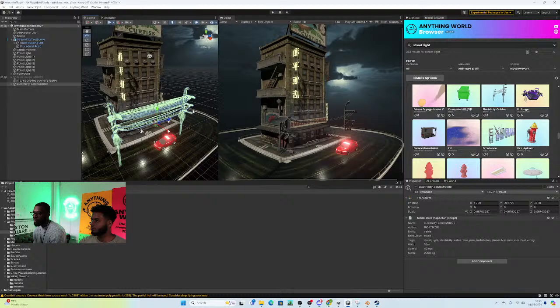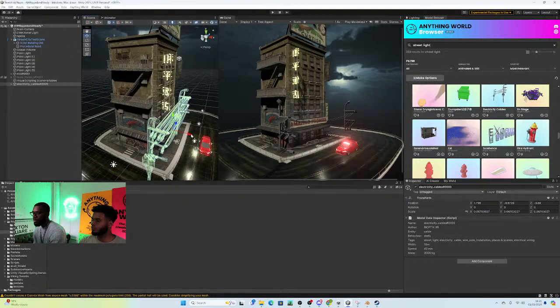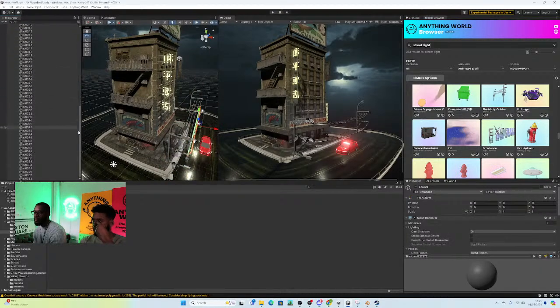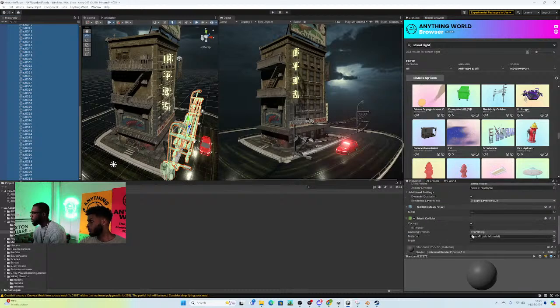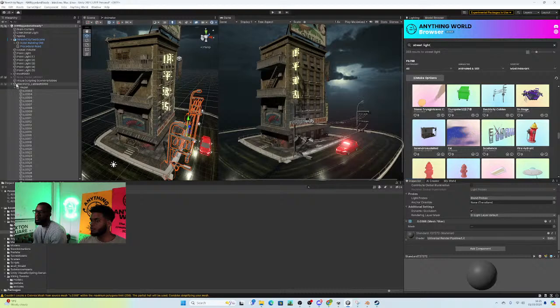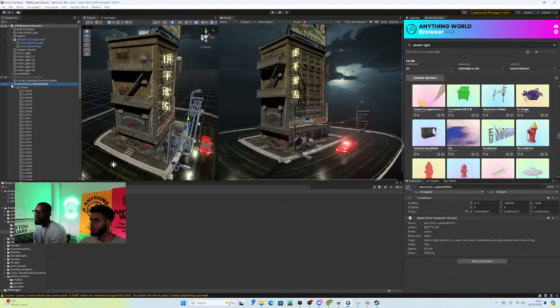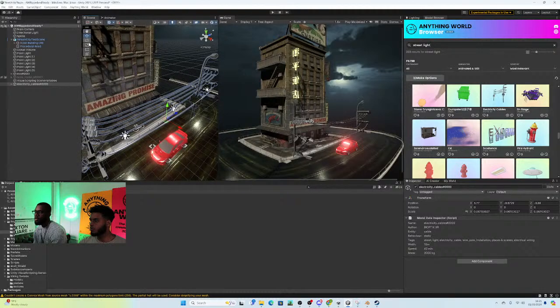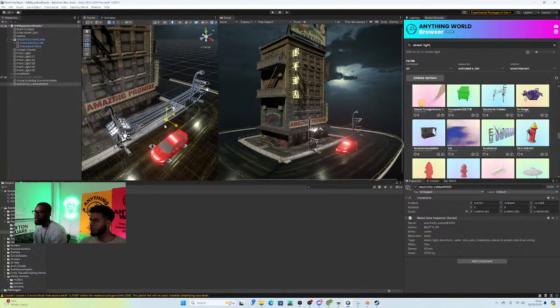Also, it's got a bunch of model colliders, which again, I don't need. Depending on the model, I might keep them on, but because this is such a high poly model, it's got a lot of different parts. I'm gonna leave